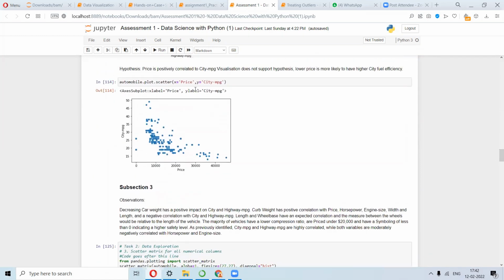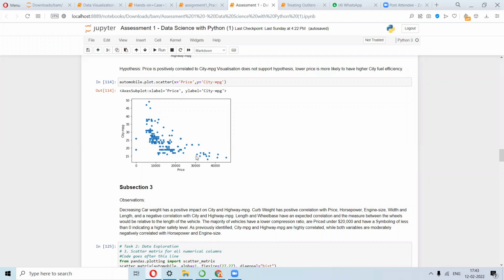And then you have price and city mileage. You see that the higher the price, the lower the mileage of the car, because the other features are maybe expensive, or the horsepower is much more, the engine size is large, and it consumes more fuel.